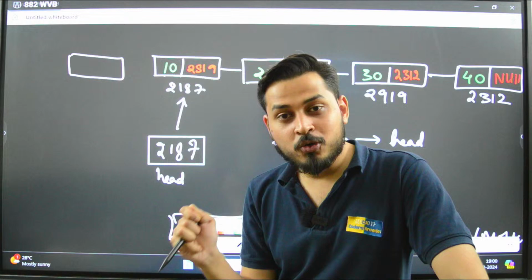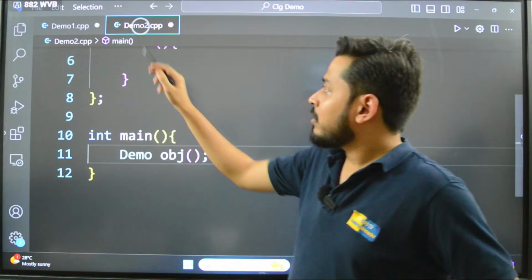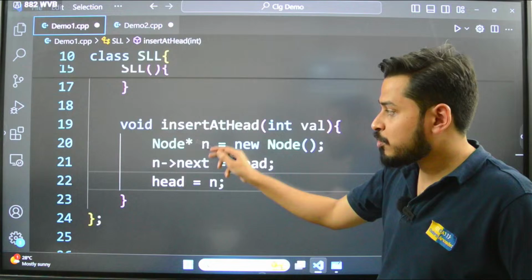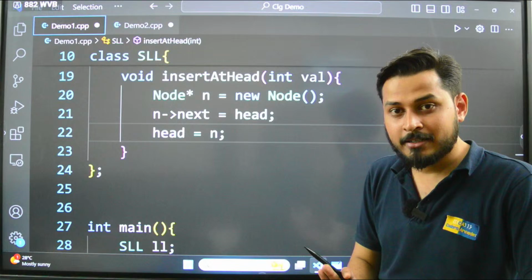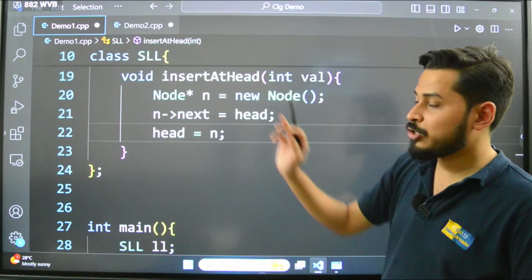So see, there are different formats, different syntaxes of creating the object. You can create an object directly like this, or you can say equals to the explicit call of that object if it has a constructor, or like this. In this case, we have specified it as a pointer. A pointer has to get memory allocated inside it, so we are using the new keyword to allocate the memory for that object. I hope this is very clear. Understood? This is how you create it, as simple as that. Okay. Next,